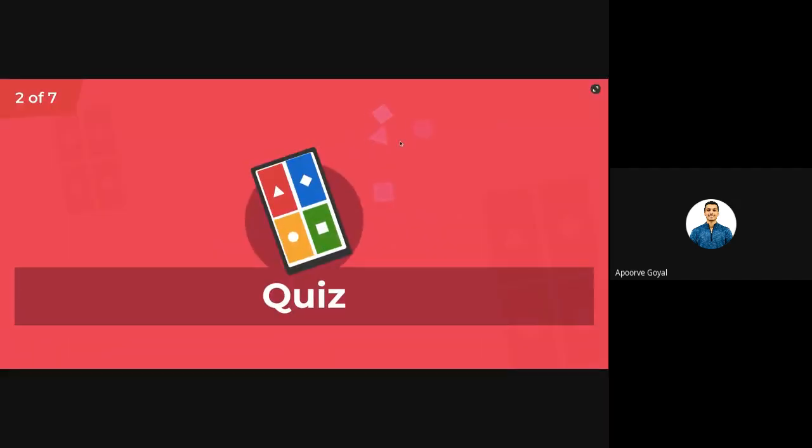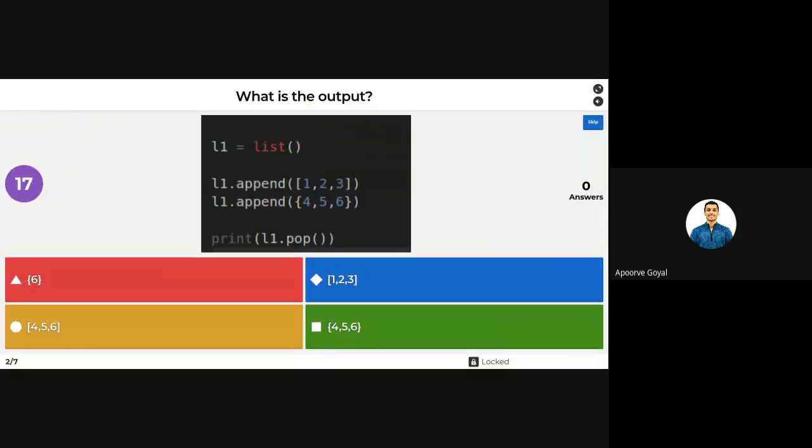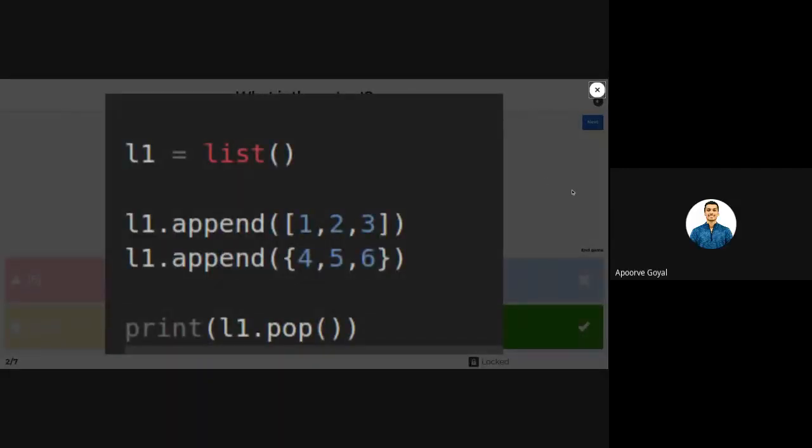Next question. What is the output? Let's see who gives the answer. Okay, so that was the question, right?